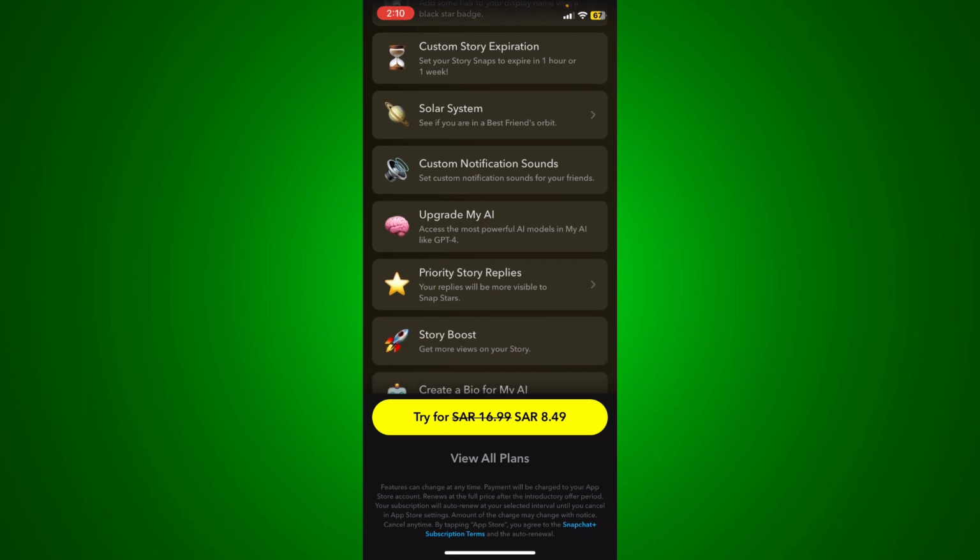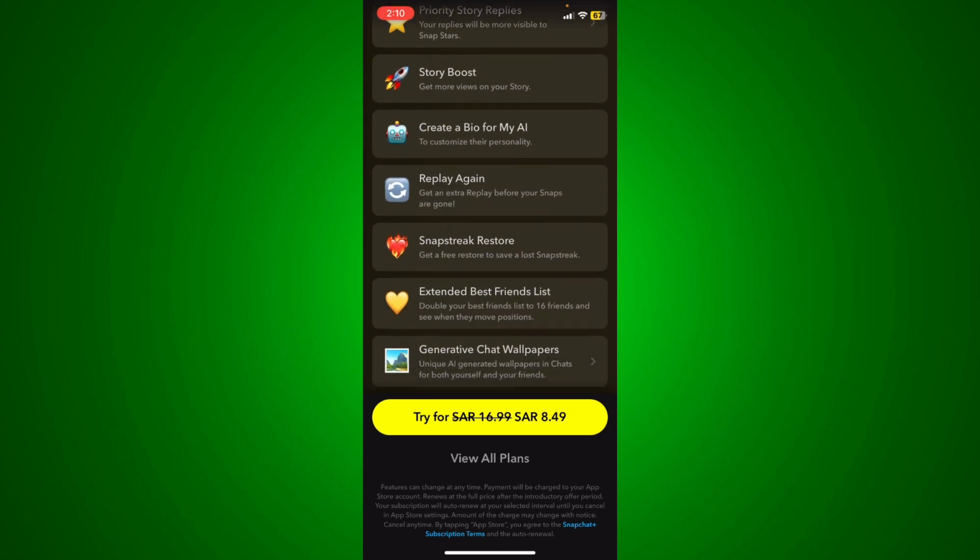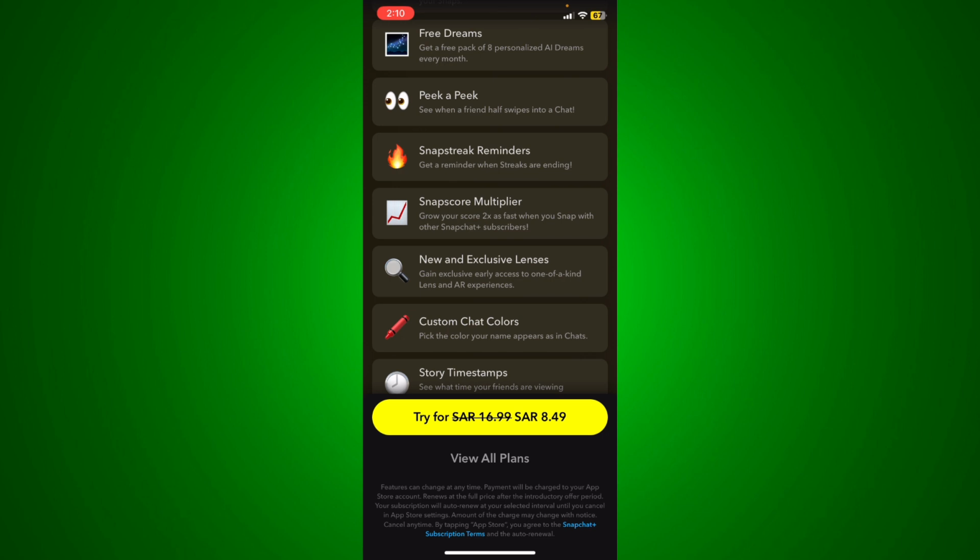In the past, you could swipe left on the free version, and you could see the chat without needing to open it, so that the other party wouldn't know that you read and didn't respond to that message, right? But in the Snapchat Plus, you're gonna be able to see